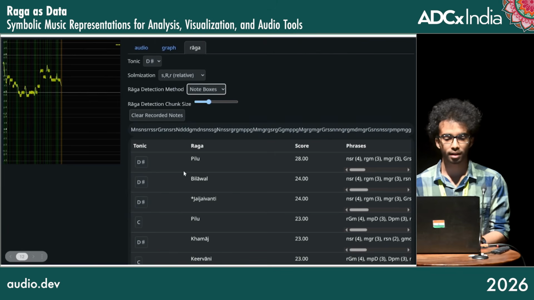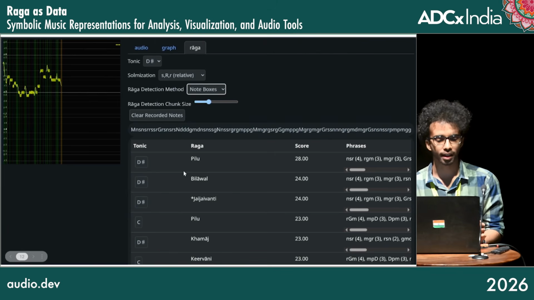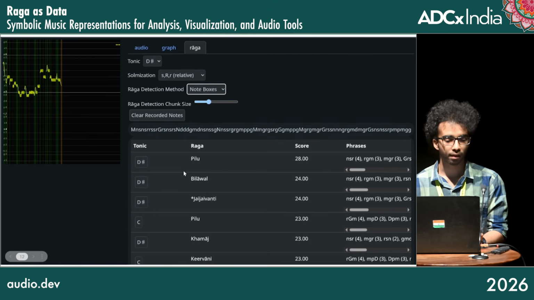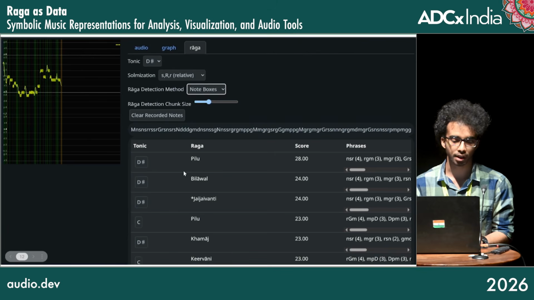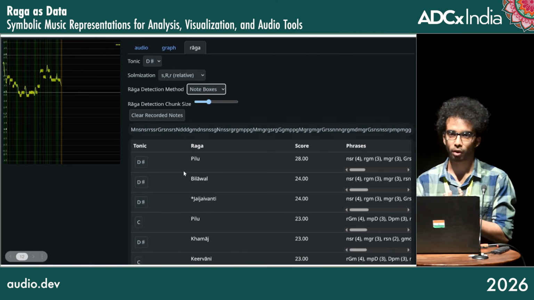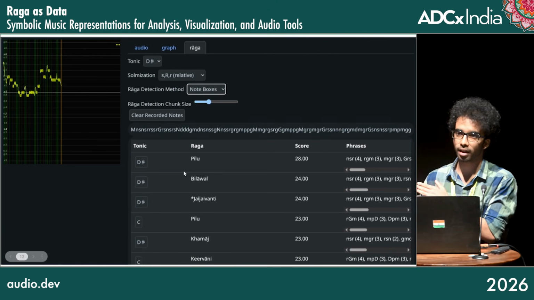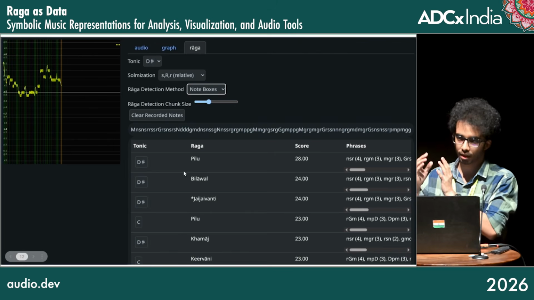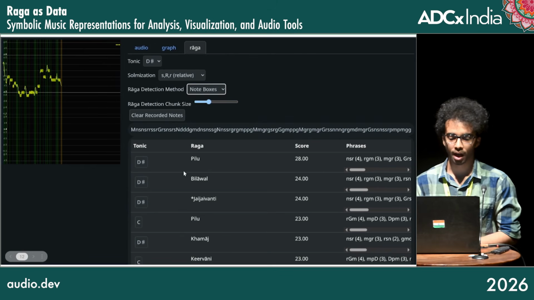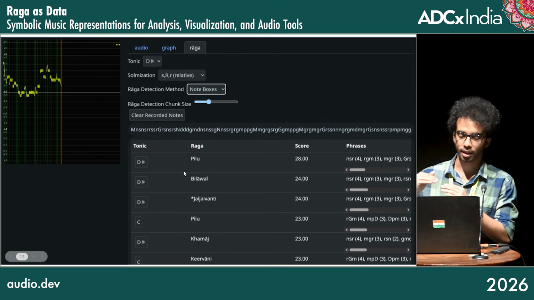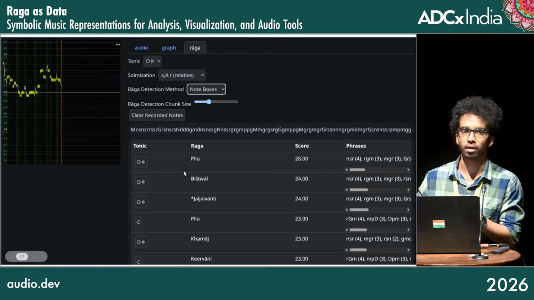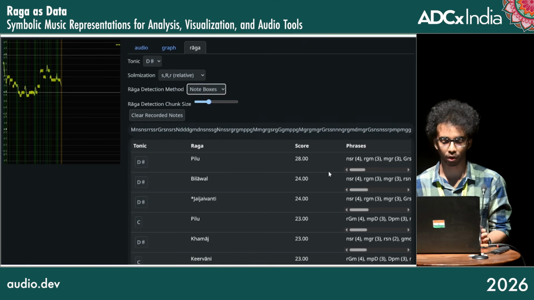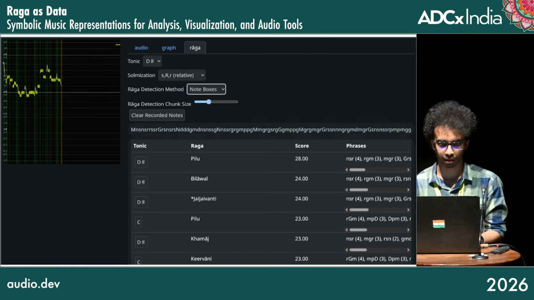And this is where things get difficult because Indian classical music is not made of clean and discrete notes. So we have three main problems, which is continuous pitch, which means that one note flows into the other note seamlessly. So you don't know which note is which. And we have ornamentation on a single note, which is called gamakas. And we have variability. That is, the same phrase can appear in many forms depending on the person who is rendering. So even something as basic as what note is being played becomes ambiguous.